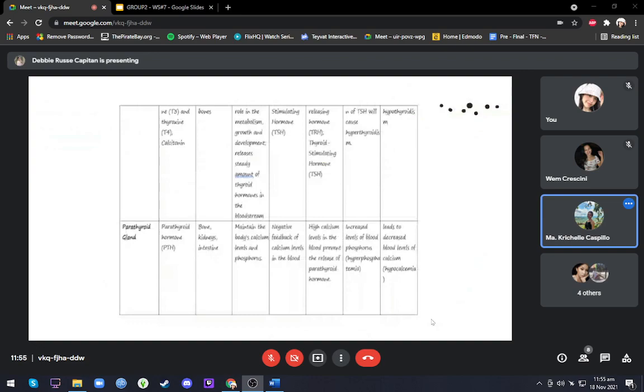Overproduction of TSH will cause hyperthyroidism and hypothyroidism. Next is the parathyroid gland,